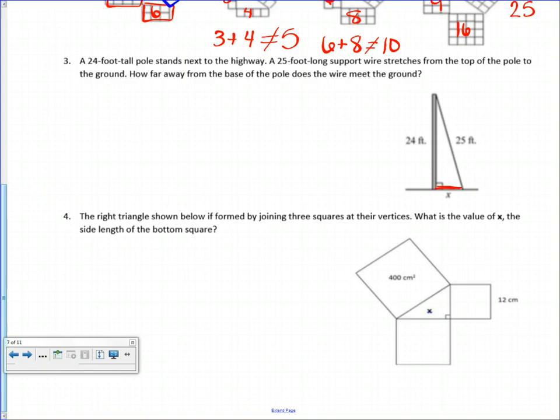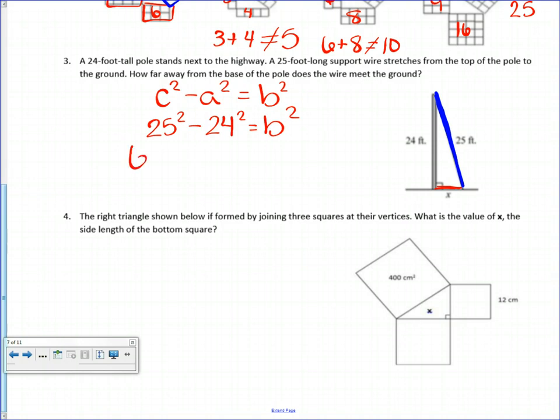So since it's a leg, I'm going to have to subtract. C squared minus A squared equals B squared. So my hypotenuse, remember, is always the longest side. So I'm going to use 25 for C, and I'm going to use 24 for A. 25 squared is 625. 24 squared is